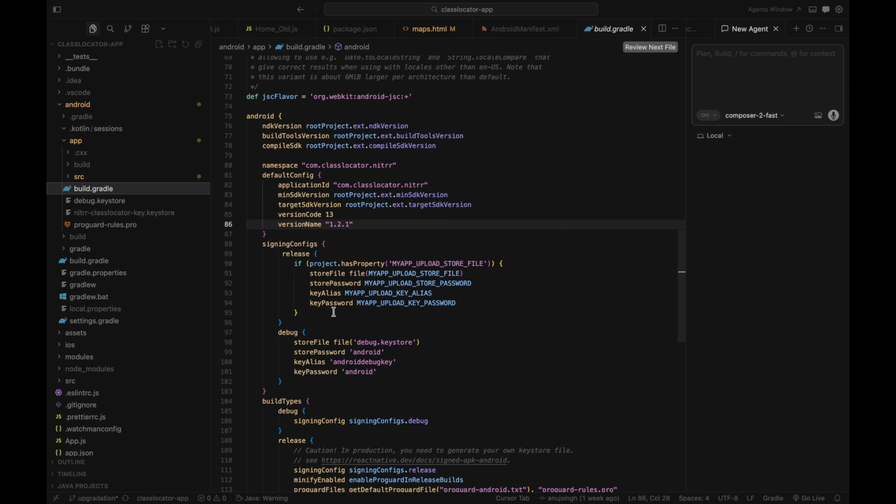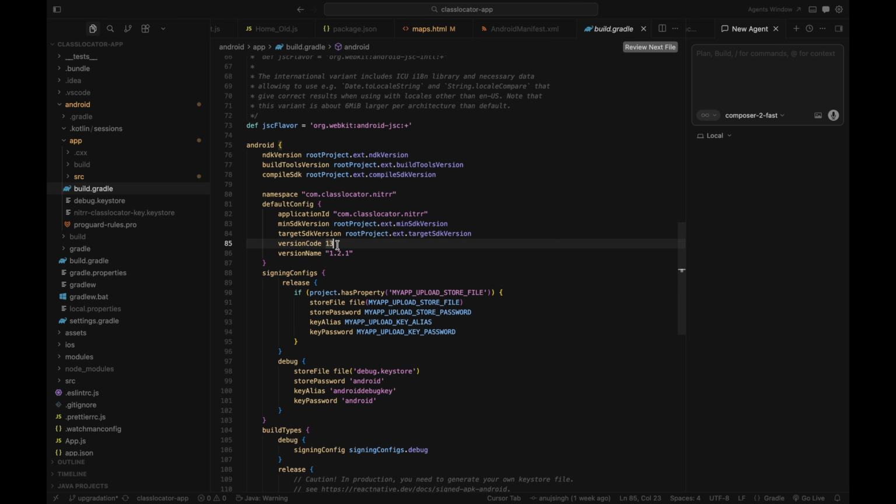Now this is the main build.gradle file. What purpose does it serve? It tells the Google Play Console what the version is, whether the version has been upgraded, and what the minimum SDK version is. There are many applications which can't be run on Android KitKat, Marshmallow, or older Android 5.0 versions. So you have to mention the minimum SDK on which this application can work